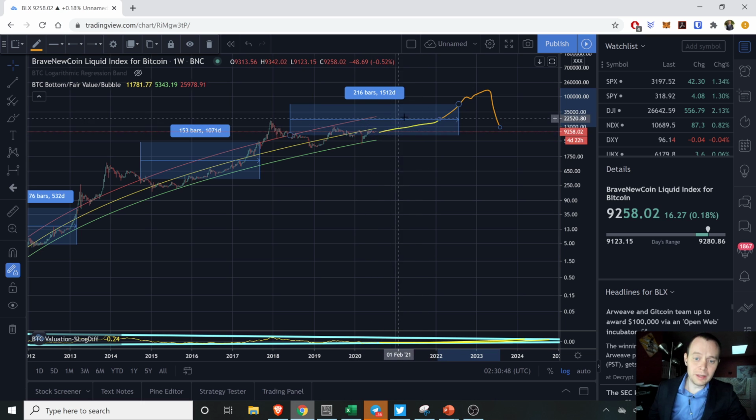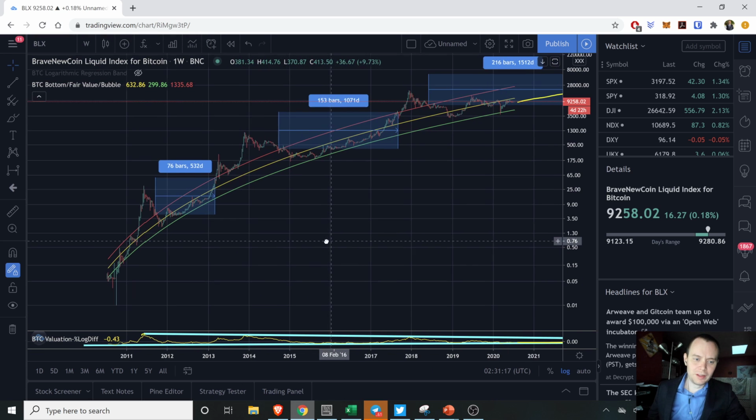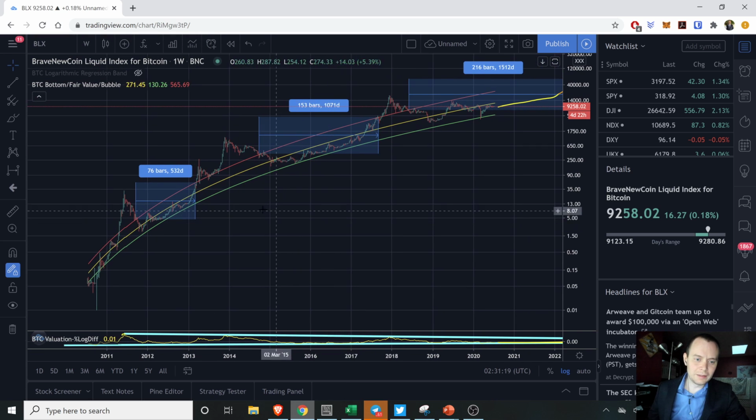Of course, there could be many smaller speculative bubbles that occur in the meantime, but ultimately, I do think it's going to take a little while for us to really build up that momentum to get to the point where we can revisit the red line, which at current valuation is around $25,000. By 2022, 2023, it's probably going to be closer to maybe $50,000 to $70,000, depending on when it happens, and then hopefully we see a small break above that line. So this is generally the idea.